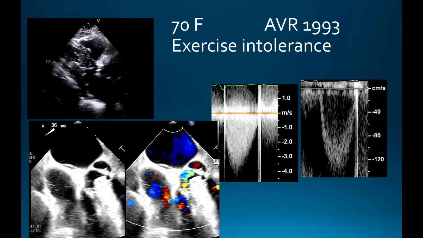It's a lady who had an AVR done a long time ago somewhere else. We don't know the size. She's been followed a couple of years, and the gradient has been around 25 to 30. I think the aortic valve area calculated is about 1.1. Lately, her gradient went up slightly to maybe 3 to 3.5, and the area calculated was 0.9, I believe. I think she's a normal size, 6'5", I believe, 160 pounds. So we can see